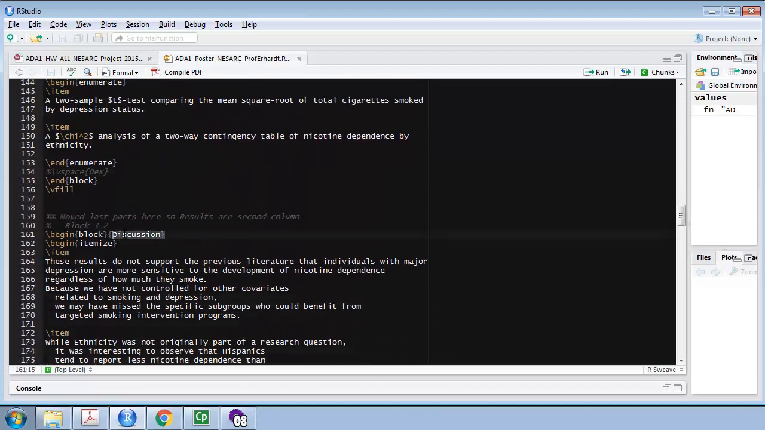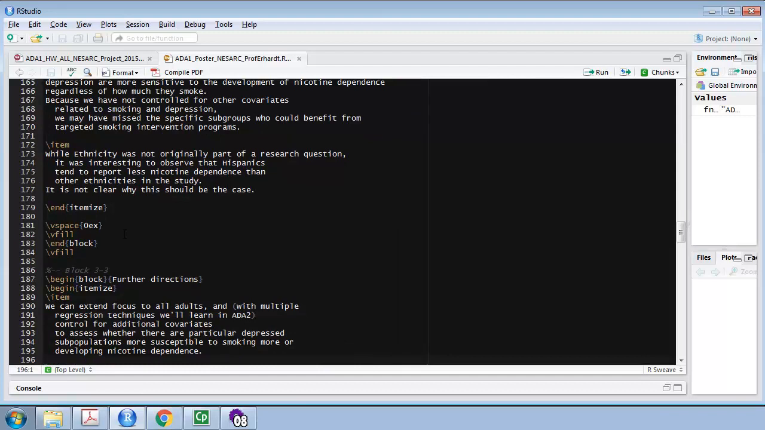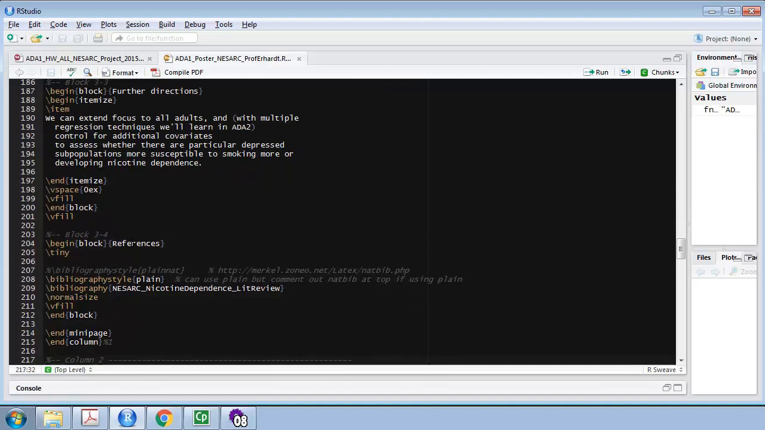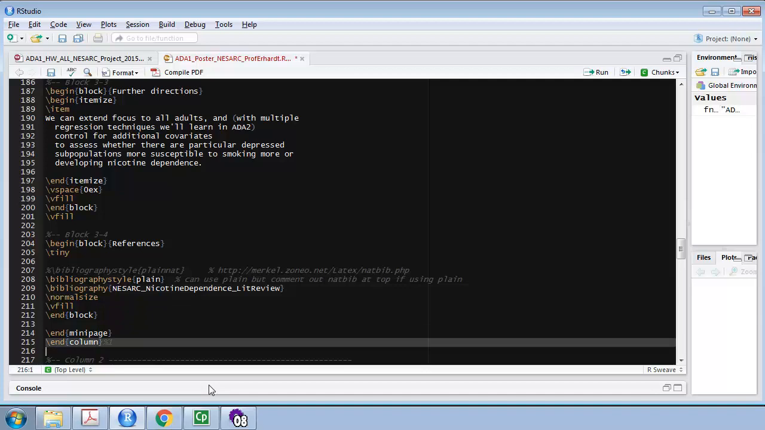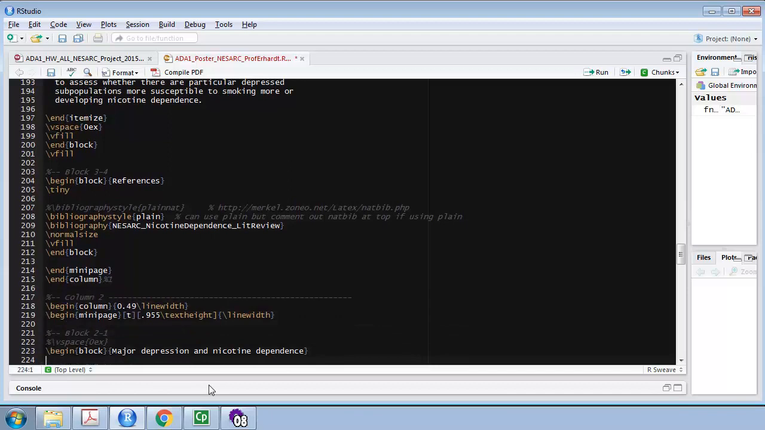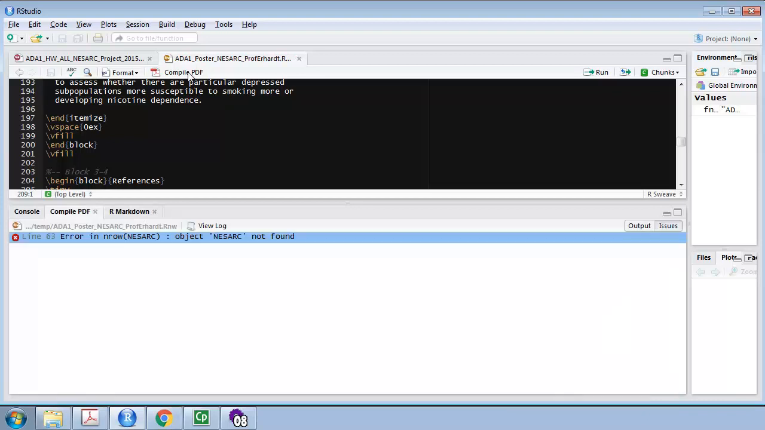So here's the discussion section, further directions block, references. All right, so then I have \bibliography, and I need to put that .bib name here. I believe it works whether you have .bib on the file name or not, so it won't really matter. And notice end column, that's the end of that left-hand column. Column 2 is where the results begin. Okay, so once you've got your .bib file in here, then you can click compile, and aha,